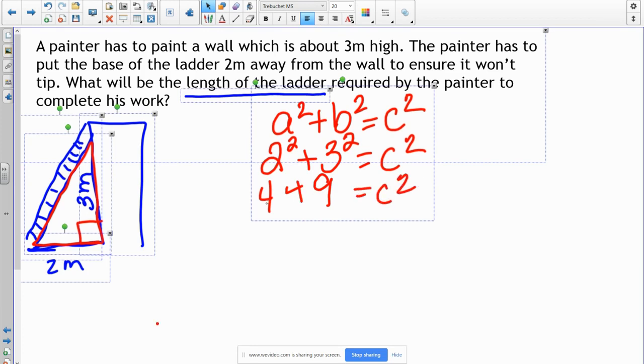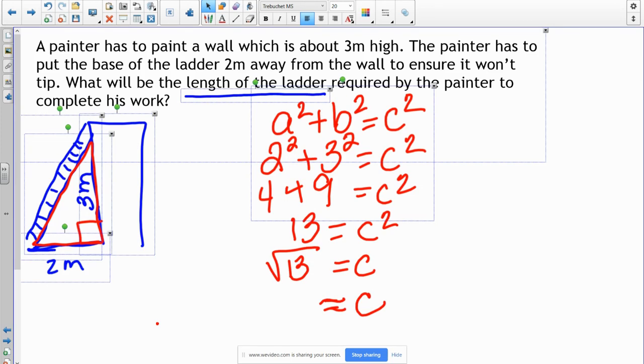Okay. And 4 plus 9 is 13. And to get rid of that square, so we can find the length the ladder needs to be, we're going to take the square root of 13. We're going to round it to the nearest tenth. So when I put it in my calculator, it's approximately 3.6 meters tall. So going back to my question, now that I'm done, it says, what will the length of the ladder required by the painter be? So a sentence could be such as, the length